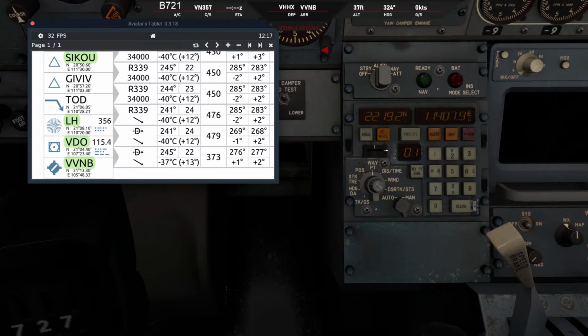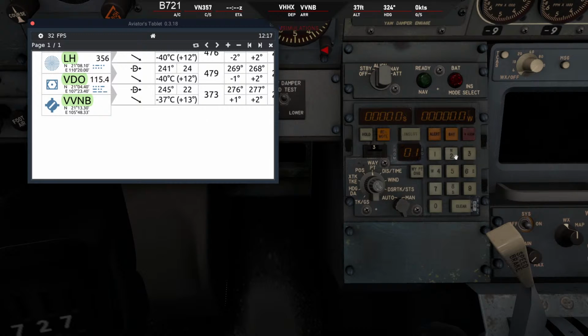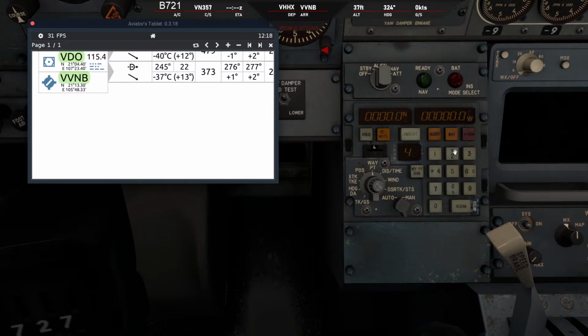So now we're going to go waypoint 2, north 2050.6, insert, followed by east 1130.0, insert. Waypoint 3. I'm only doing the waypoints that I can identify. Lima Hotel, that's why I highlighted them in green, which is north 2108.1, insert, followed by east 11020.0, insert. Waypoint 4, VDO VOR, located at north